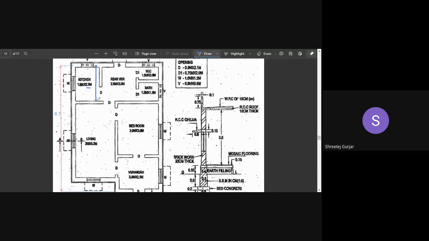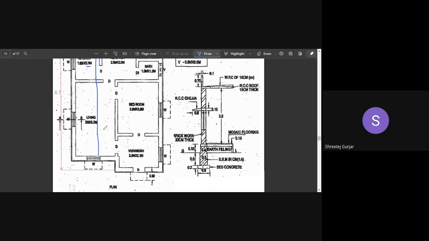Then this wall thickness 0.2 plus your living room width, that is 5.2, and plus 0.3. So what will happen is we will get the distance only till here. So what we have to do, we have to not consider this living room, but we will consider it from here, so that we get our distance till here. That is, we need it till the end of this plan. Okay, not till this end of your living room, but we need it till the end of our veranda.